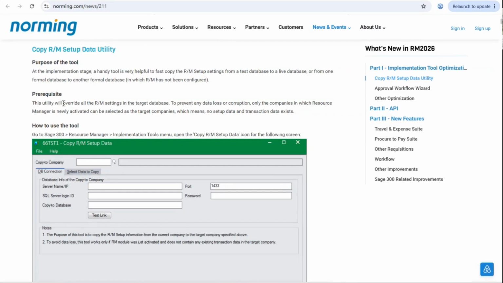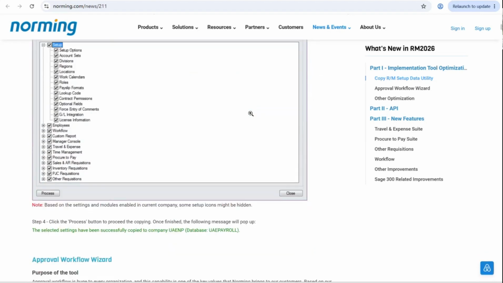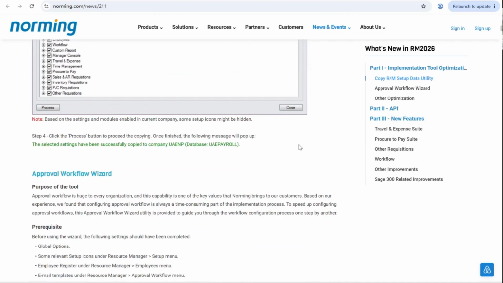prerequisites, right? This will override all the RM settings in the target database, so to prevent data loss or corruption, only the companies in which resource manager is newly activated can be selected as a target company. So that's the only limit for using this tool. Okay. If I went too quickly, you can just read this page to understand how to use this tool. It gives very detailed steps here, right? Okay, so next